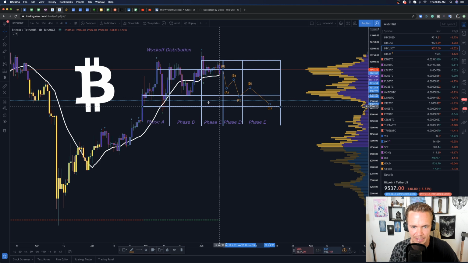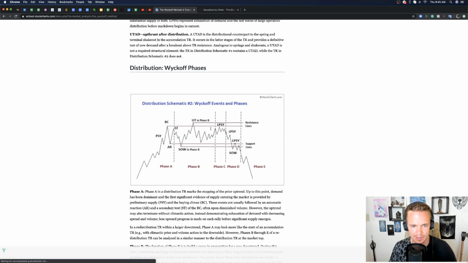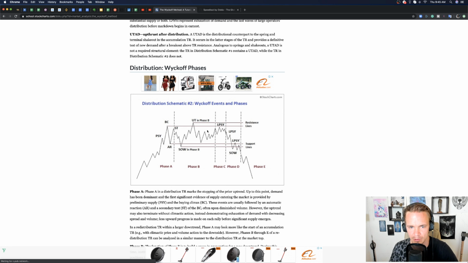And then again, we can kind of redecide where it goes based off where it is in this particular structure. So if all of a sudden D breaks up here, it will say that we're likely invalidating and going to continue higher, right? So this is one of those areas where you've got to keep a close eye on it, because these can shift into an accumulation phase, as we had seen here. The distribution and the accumulation schematic doesn't necessarily mean we're in exactly where we say they are. These are just general guidelines for what this type of